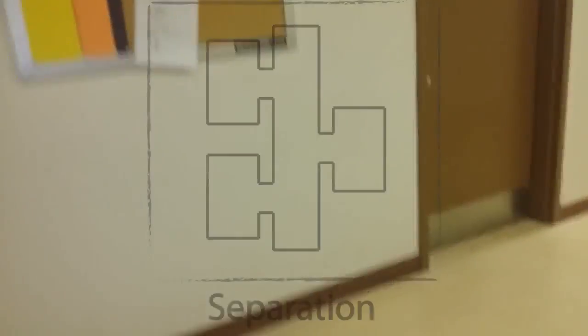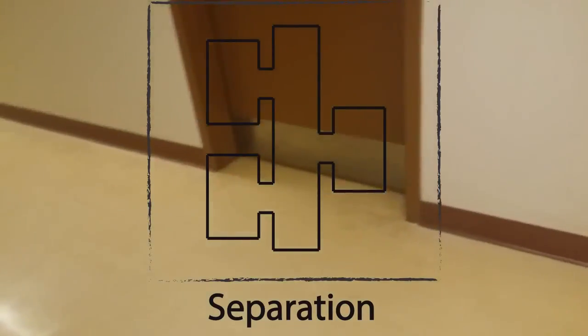Our second stop is a practice room in the School of Music. This room puts its occupants into complete isolation. There's no sound, no visual distractions, and generally no social interaction at all. This space creates a condition I like to call separation, in which occupants are so far from each other that